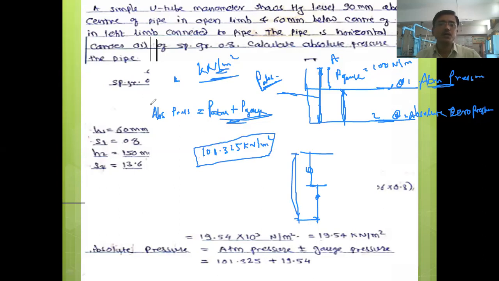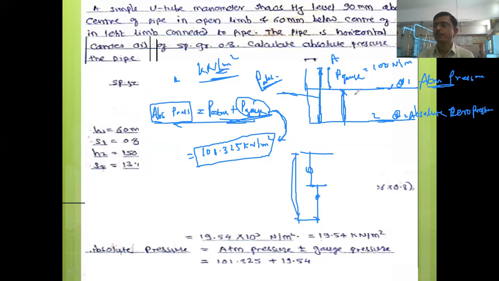So this value is a fixed one, right? Now I want to find out the absolute pressure. Then what I do is add the gauge pressure to this pressure. This is the fixed value 101.325. This is the atmospheric pressure. To this atmospheric pressure, I will add the gauge pressure to get the absolute pressure. Has everyone understood this? Yes. This is our formula. P absolute pressure is equal to atmospheric pressure plus gauge pressure, right?